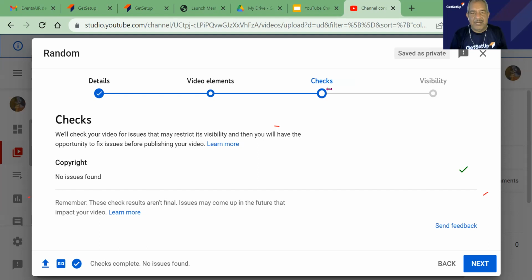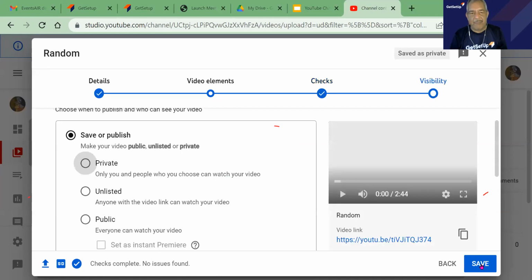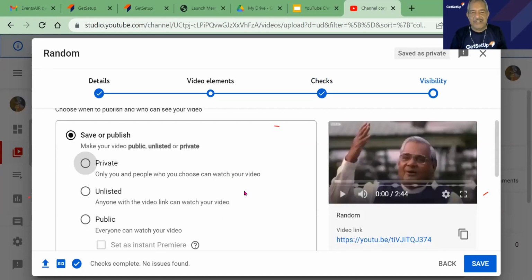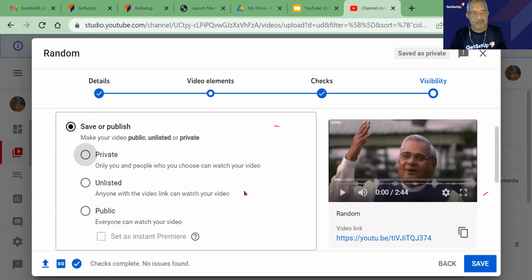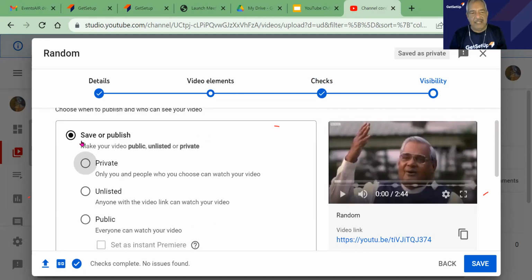Now, one of the things after this, we go into next. When we go into next, we get these options. One is save or publish. I mean, whether we want it private. Private means it's only for us.